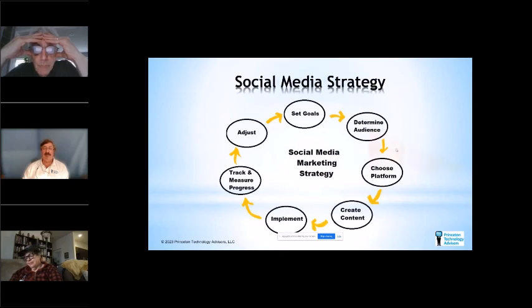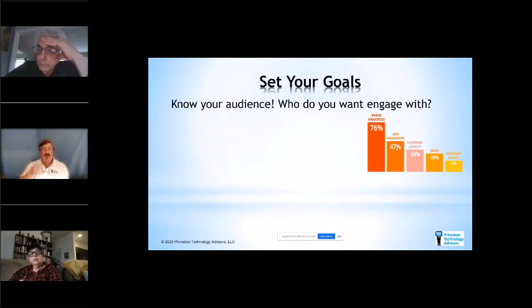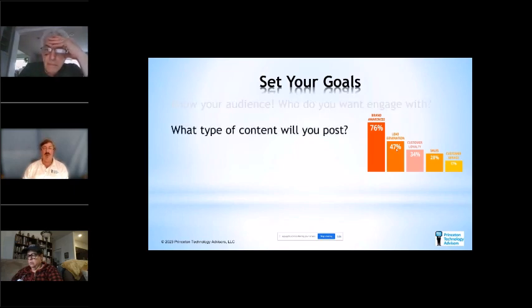Okay. Good. So in terms of setting goals, you need to know your audience. Who do you want to engage with? That's what becomes important. Your audience may be of a certain age demographic, or a geography demographic, maybe men versus women. Whatever you're writing about, you need to understand who your audience is. If your audience really is going to be women who are 50 plus, and you start promoting it to teenage kids, you probably won't have good results. So you need to know who your audience is. We'll be talking more about that as well.